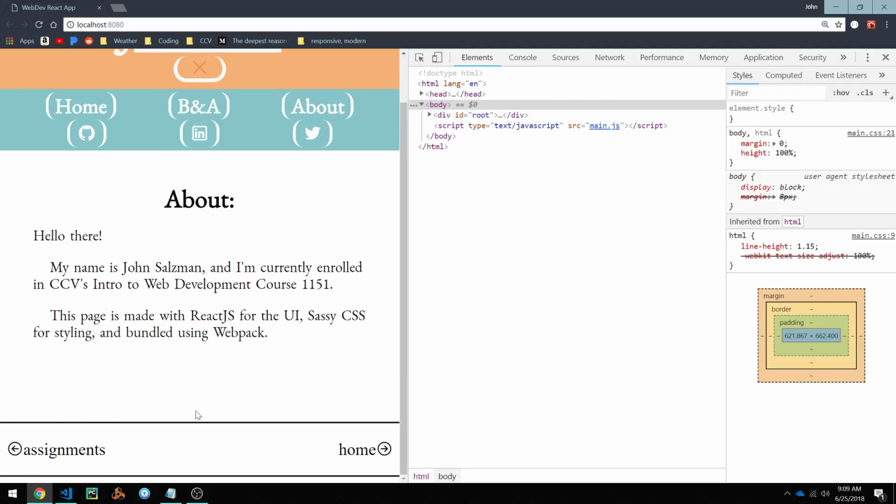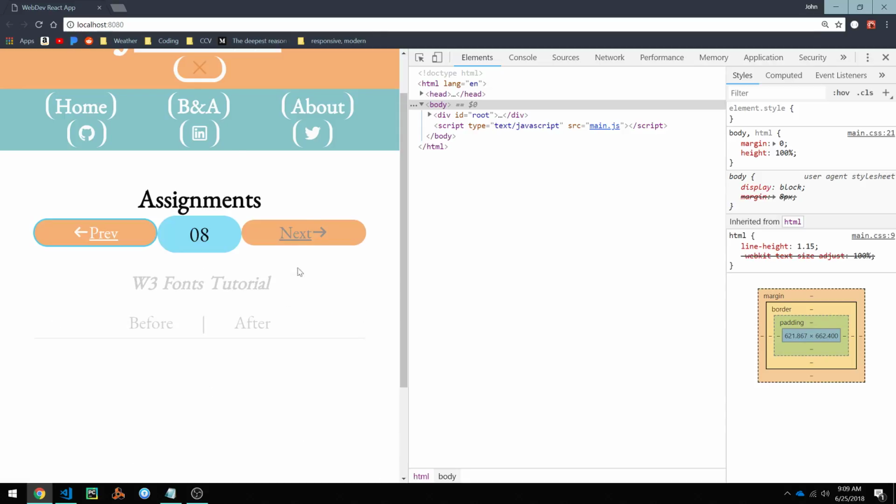So if I go to about, you'll see these buttons down here update their name as you change pages, and it just helps with the navigation, seeing where you're trying to go. And considering there's only 3 pages, it's nice to have a very easy set of buttons to navigate. So anyway,